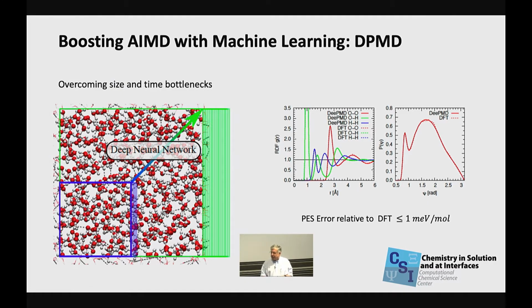Nowadays, people can sample trajectories for hundreds of picoseconds, if they have a powerful computer, but that is definitely not enough. We would like to go to much longer time scales, similar to the time scale that one can reach with